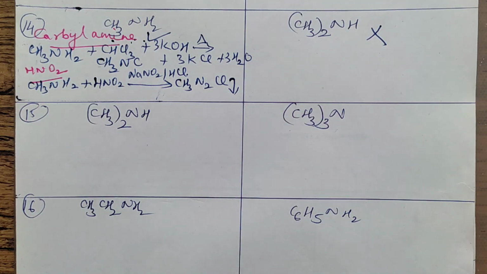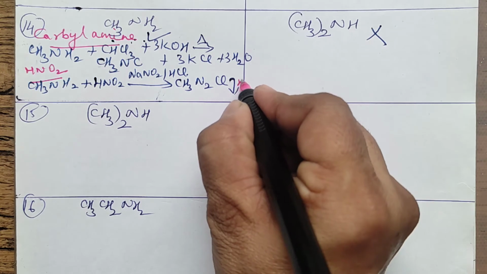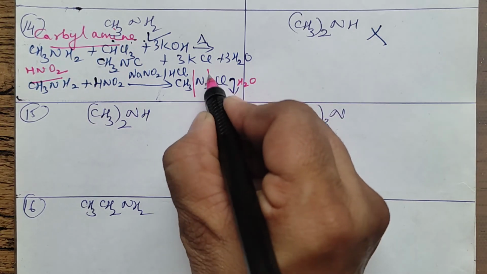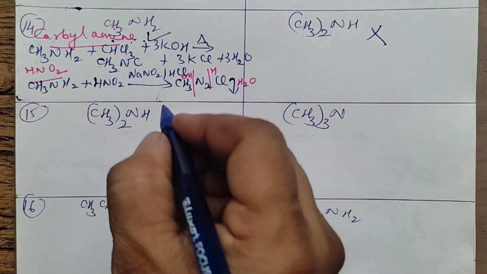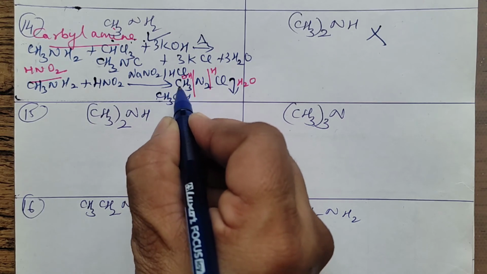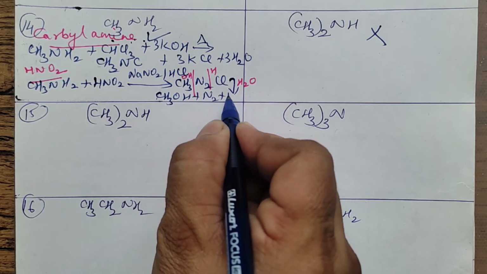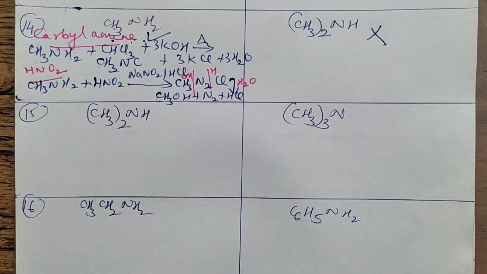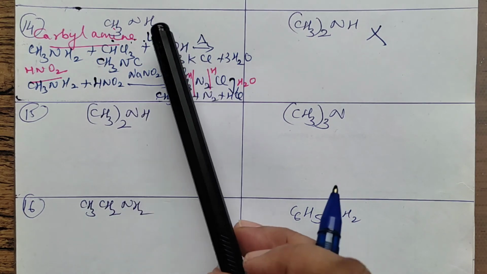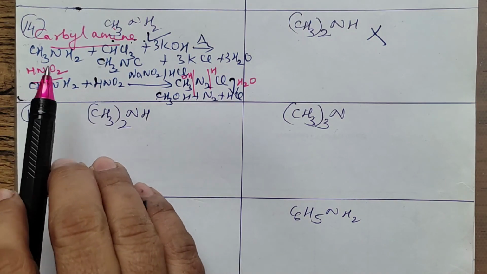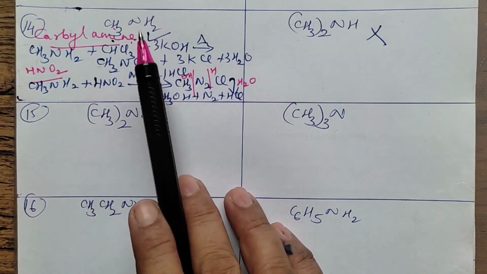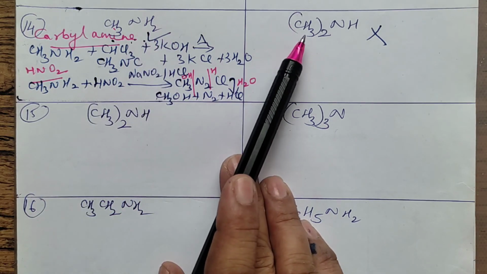It is quite unstable, so it can be hydrolyzed with water easily. How do you write the product? I told you the easy way to write the product is this water hydrolysis. You will get methyl alcohol, that is this part, plus N2 plus HCl. So HCl evolution occurs quite readily in case you are taking methyl amine, which is a 1 degree aliphatic amine. When it comes to the aromatic part, that I will tell you. Nitrous acid can be used as a test to distinguish between 1 degree and 2 degree amines directly.